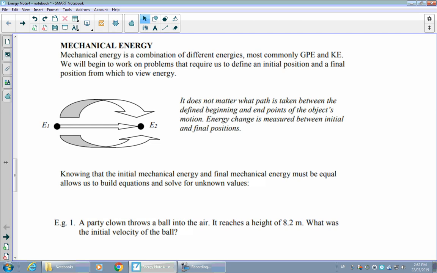And in general, when we solve problems using conservation of energy, all we need to think about is some initial position and some final position in time. And when that's the case, we don't really need to concern ourselves at all with what happens along the way going from our initial to our final points in time. It really doesn't matter. All that really matters is what total energy do we have at the start, and how does that compare to what we know we should have at the end. And that sometimes allows us to solve for unknown values, which is what we're going to do in the examples below.